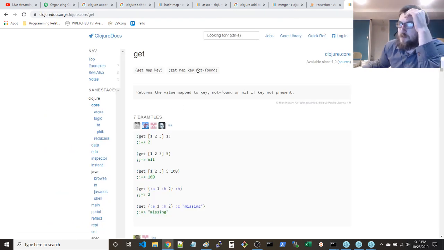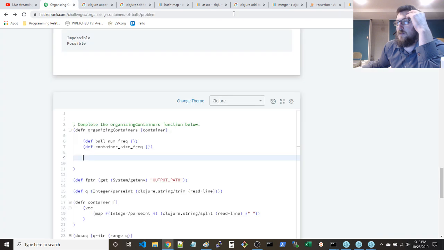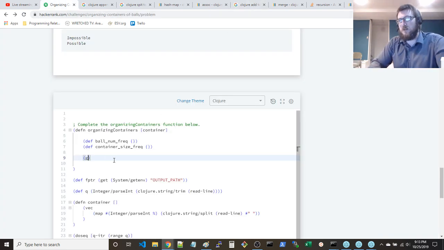So there's map, key, and then not found. Okay, that's what we want. So what we want to do is say, all right, we're going to get. First things first, we have to operate over for loops, or operate over the rows, operate over the columns. So we're going to do something like